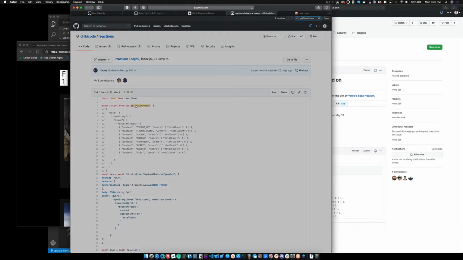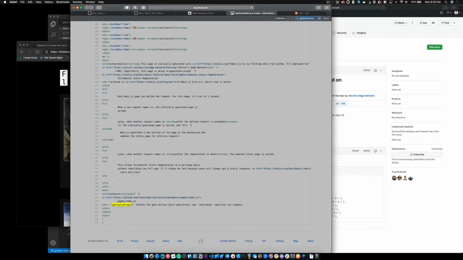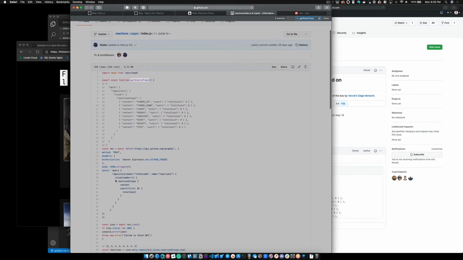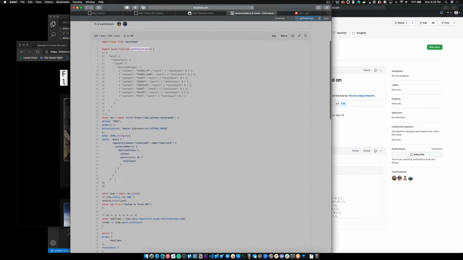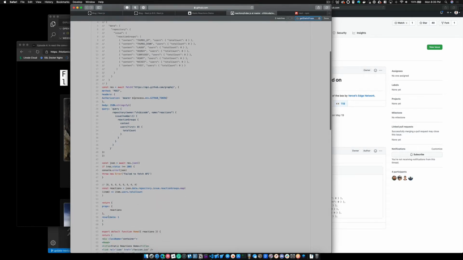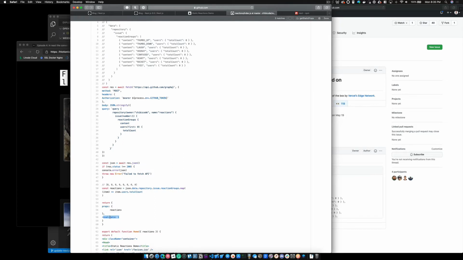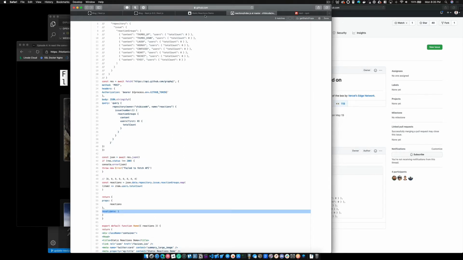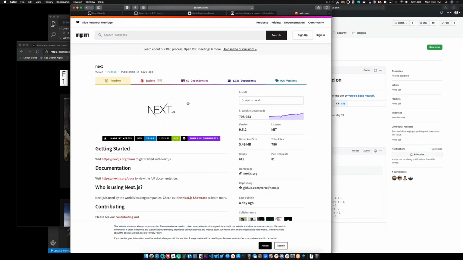Okay, so I am searching for getStaticProps. Okay, it's being called there. And this revalidate one is the flag that we need to add. Okay, this should be fairly simple. So I can see that right now it is